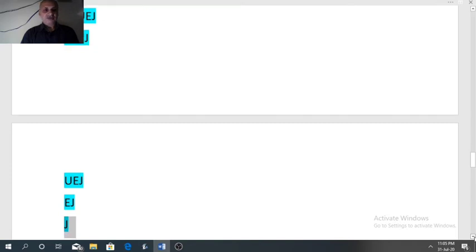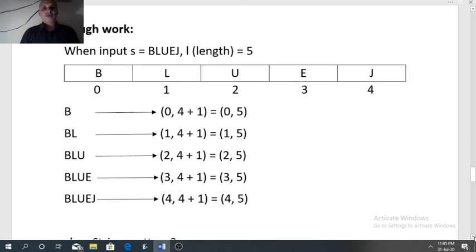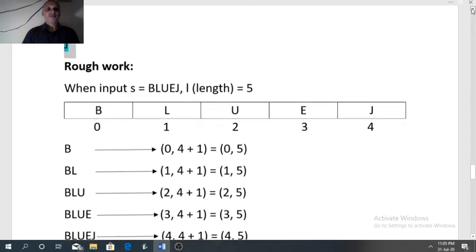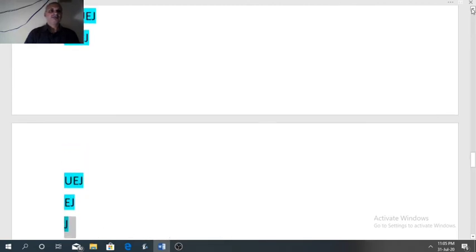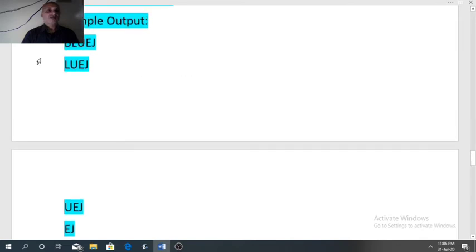So let us do the rough work now for this program. For our rough work, we are starting with index 0 and the last index is 5 here.